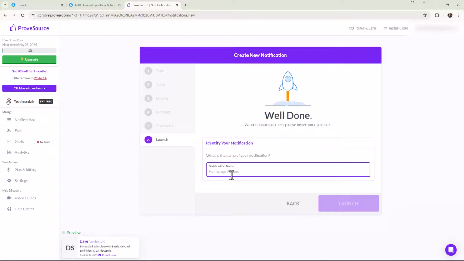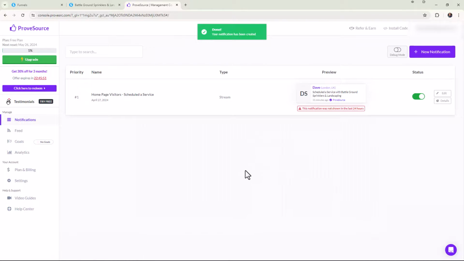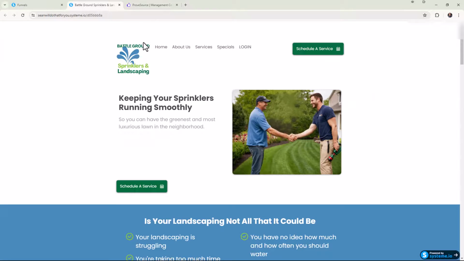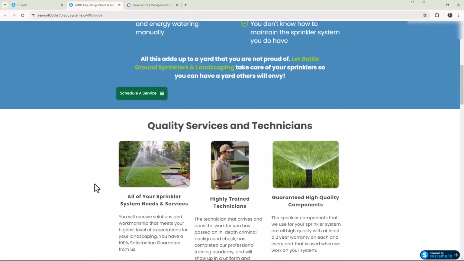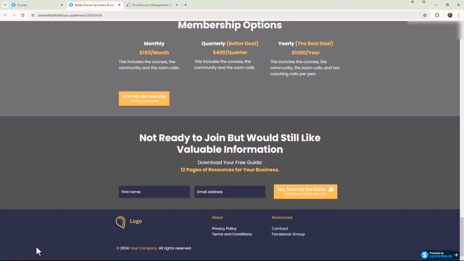And then here, yeah, we'll do homepage visitors. You can put this whatever you want here, homepage visitors, or signed, scheduled a service. You can do something like that, okay? And then we're going to click on launch, okay? So now we've got everything kind of set up. Here, they're just letting us know this notification was not shown last 24 hours. That's fine. So now, if we do everything correctly, when we get somebody signing up, we'll have a new pop-up